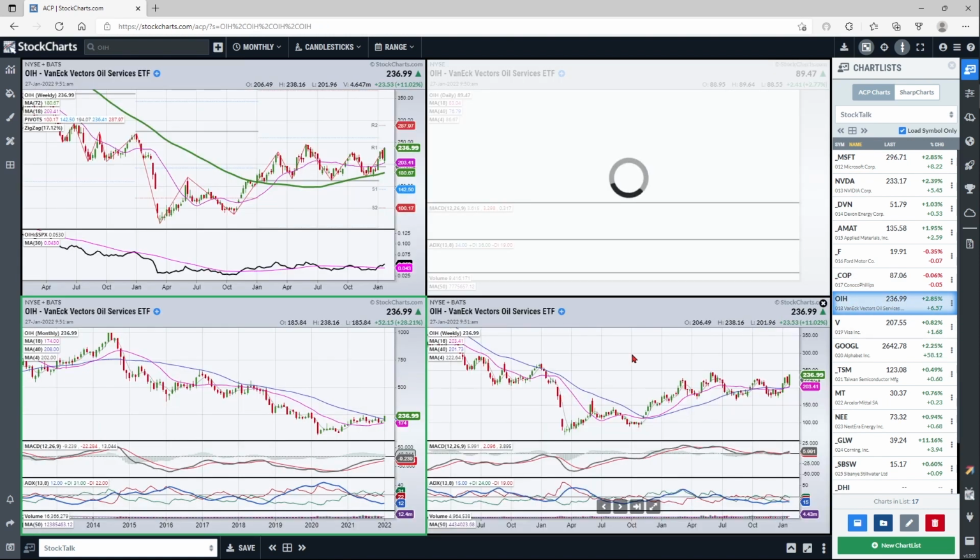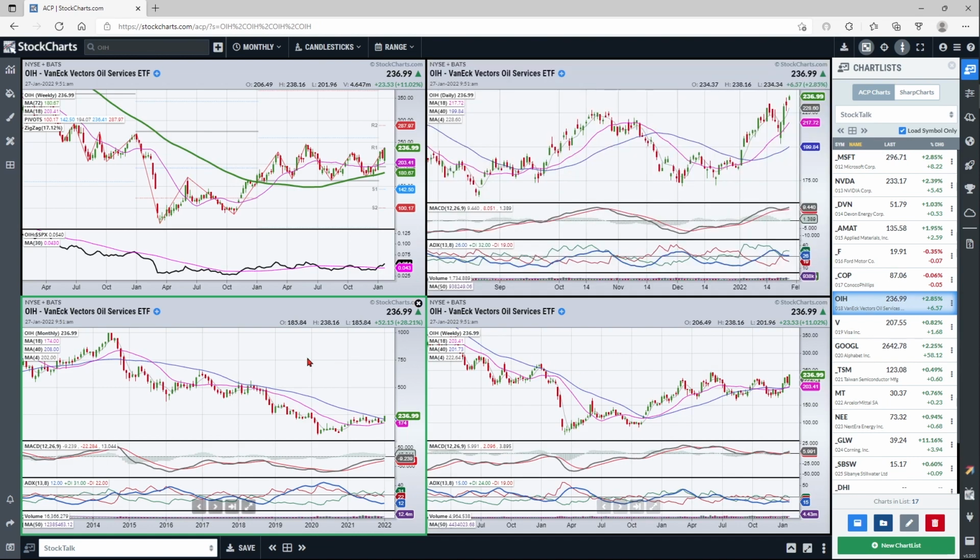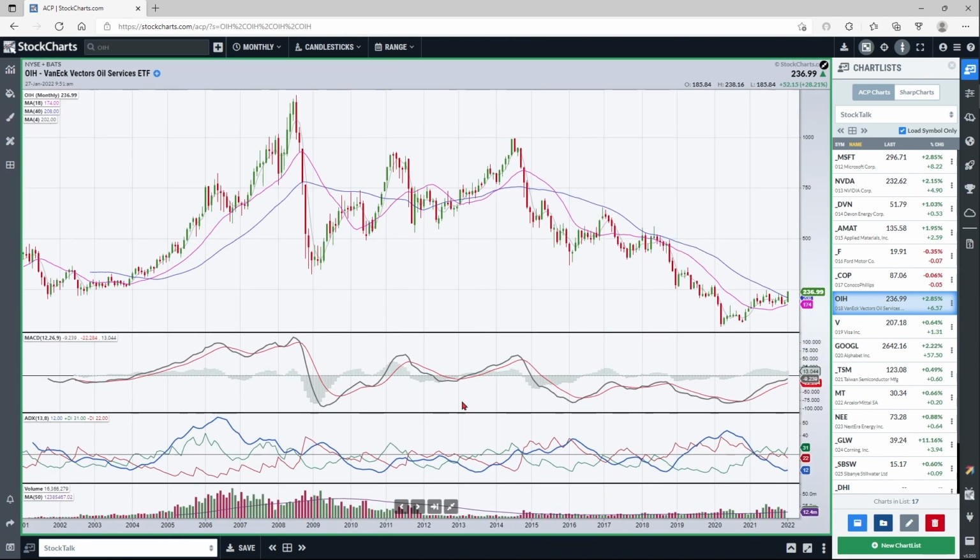So this request was interesting because we've definitely seen some improvement. If you go and look at the oil service stocks, go and look at Halliburton, go and look at Schlumberger, definitely some real improvement. And one of the key things is we had a declining 18-month that we weren't ever able to hold. So look at how once this turned down, this got above, but then when it pulled back, it couldn't hold it. And then it rallied up, kind of failed, tried to rally up and didn't hold, and then got back below.